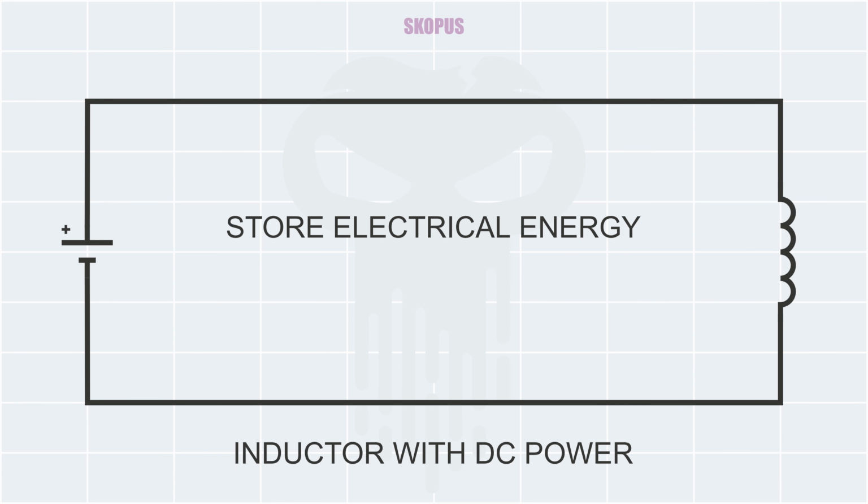Just like capacitors and batteries, inductors store electrical energy, but they store it in the form of a magnetic field, which has a few advantages and disadvantages. For example, when we charge a battery, it can hold its charge for days without going empty, but an inductor loses all of its energy as soon as it gets disconnected from a power source. The energy stored in the magnetic field will collapse immediately and it loses all of its energy suddenly.